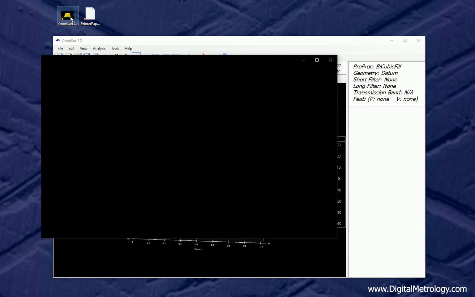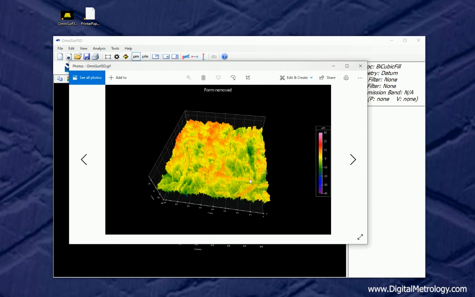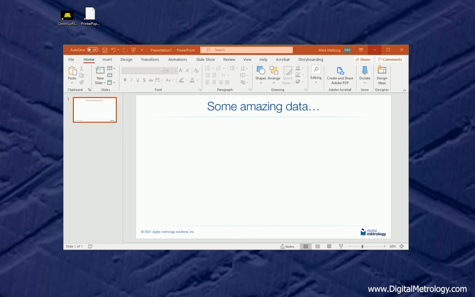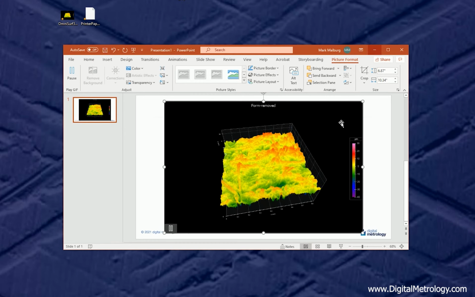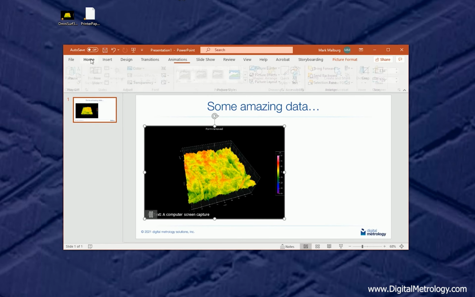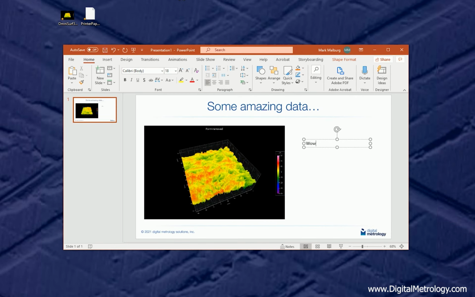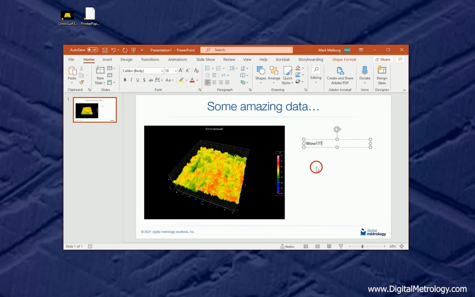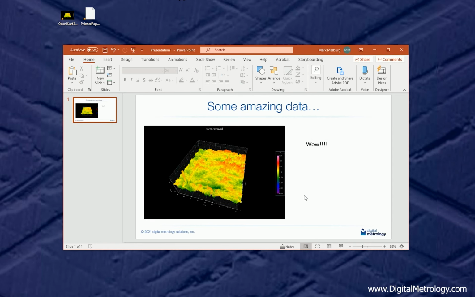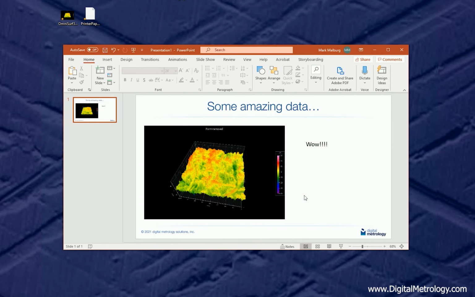Now this kind of file is openable in just the normal Windows photo viewer. We can see that we've created a movie file, but what's more important is we can now share this or even simply drag and drop it into PowerPoint and make this part of our presentation. This is pretty cool. It's a very powerful visual to help your audience understand what's going on, so we'll give it a big wow there and maybe even make that bigger. So nonetheless, OmniSurf 3D can help you understand your surfaces, and it can also help your audience better understand your surfaces.